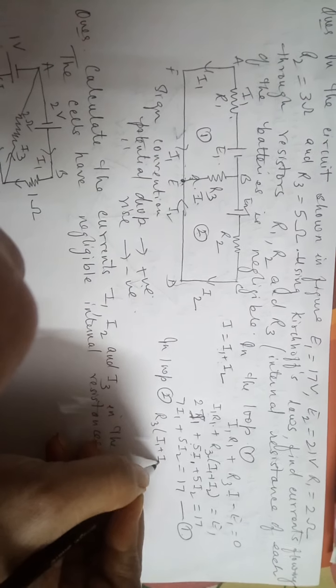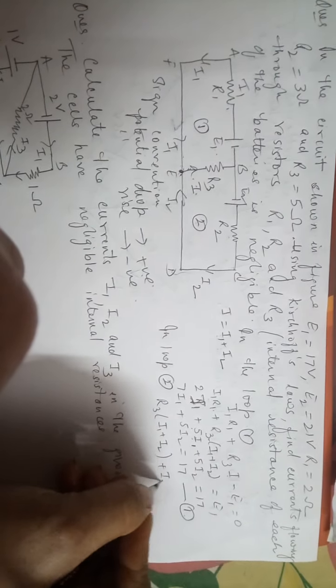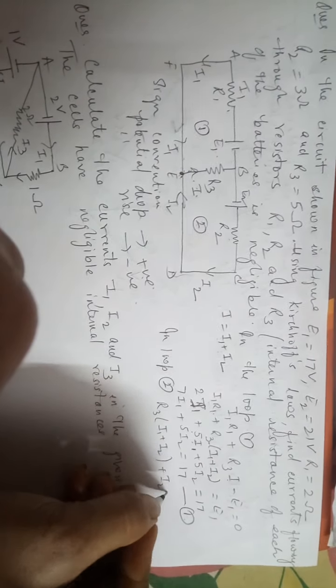Now let us see loop 2. So we start from here. If we start from here, then this is R3I. So R3I, I can be written as I1 plus I2. So we'll write here I2 plus I2 R2, and then again we can just look at the